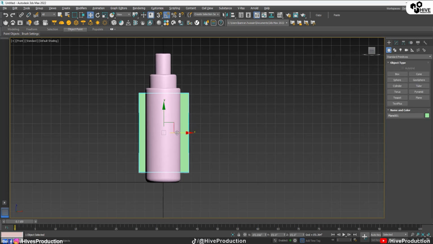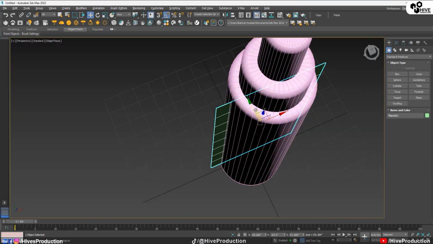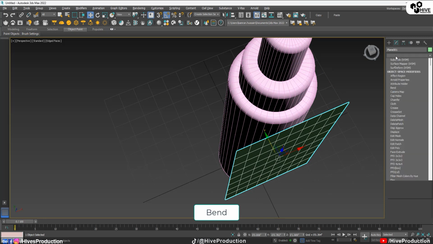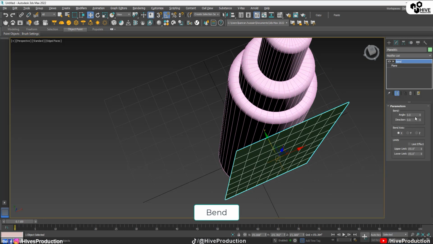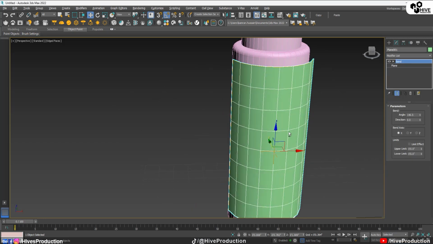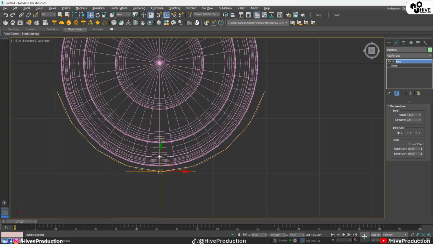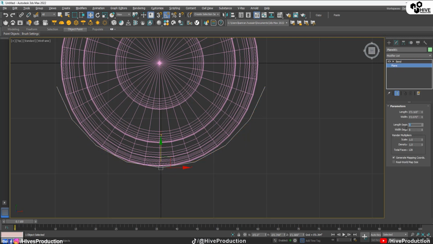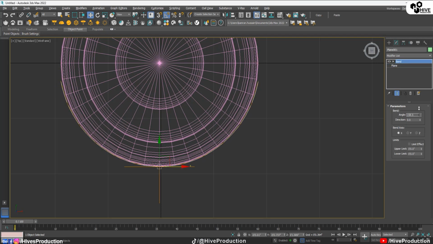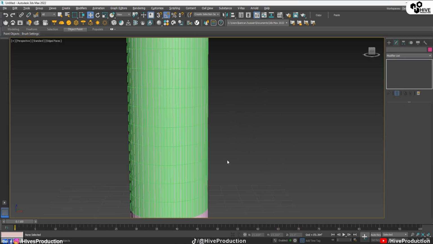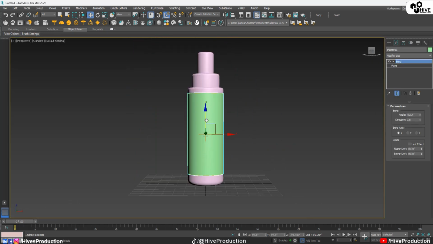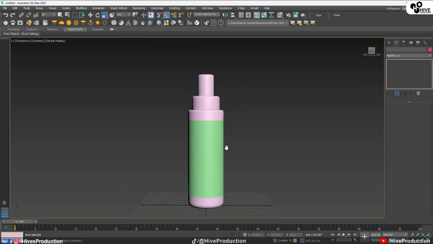I'll draw a plane from the front and put it on the front of the bottle and apply a modifier called the bend modifier. Actually, this is the label of my bottle. When you see bottles, you can find labels on them as a sticker. So I'll give it some segments and place the label here and make it more bent. So we have the label on the bottle, and then we need to